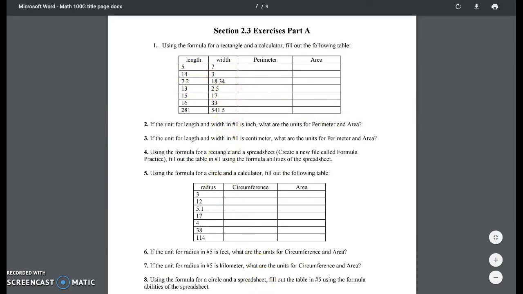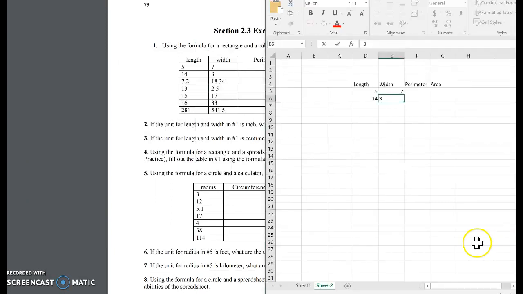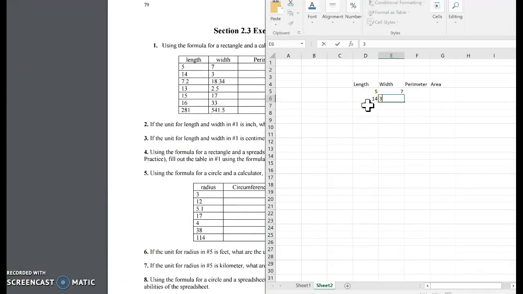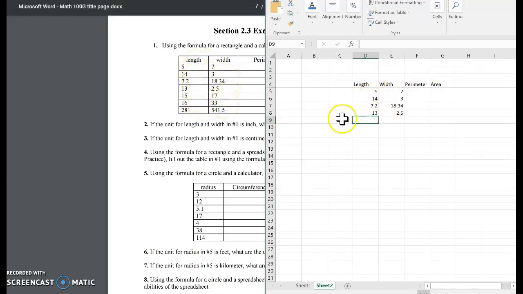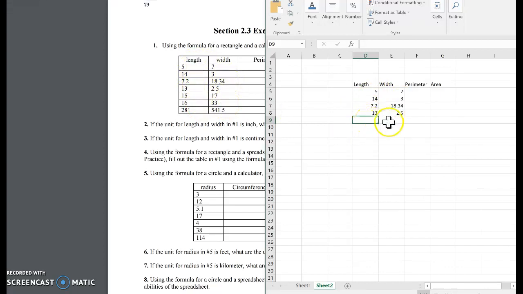7.2, 18.34. Maybe it'd be better if I just do this. There we go. Okay. 7.2 and 18.34. And I'll do one more. 2.5. Okay, you're going to do this whole thing, but just as an example, I'm just showing you with a few of them. Okay, but you're going to fill out this whole thing. So you would continue on 15, 17, 16, 33, 281,